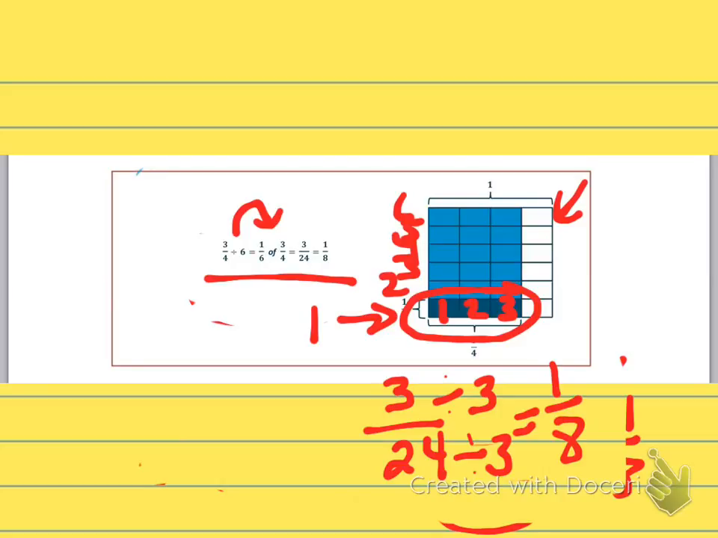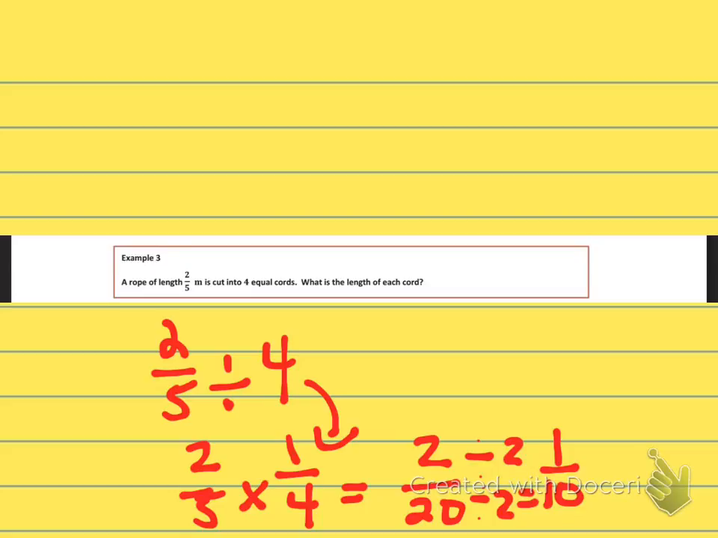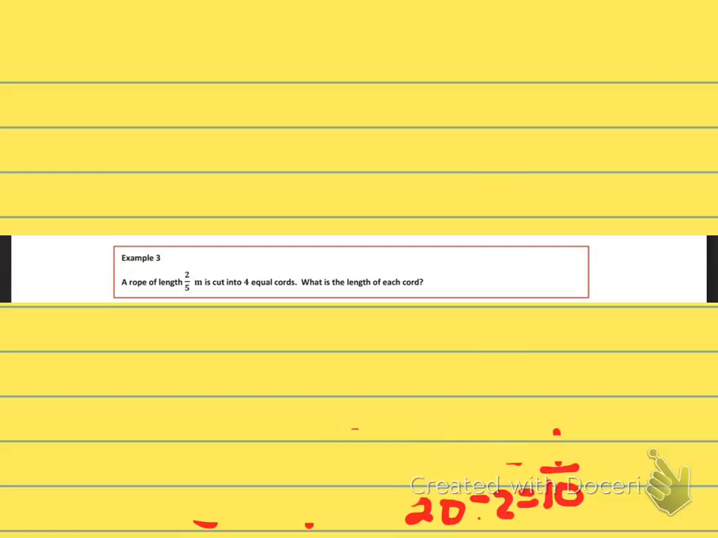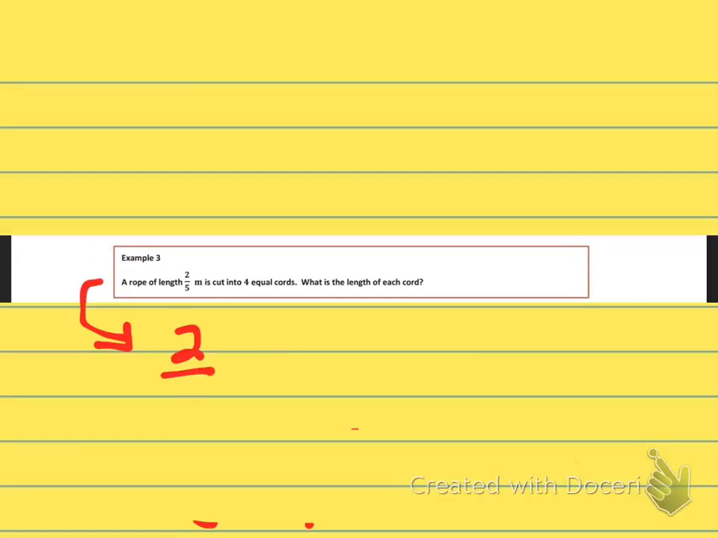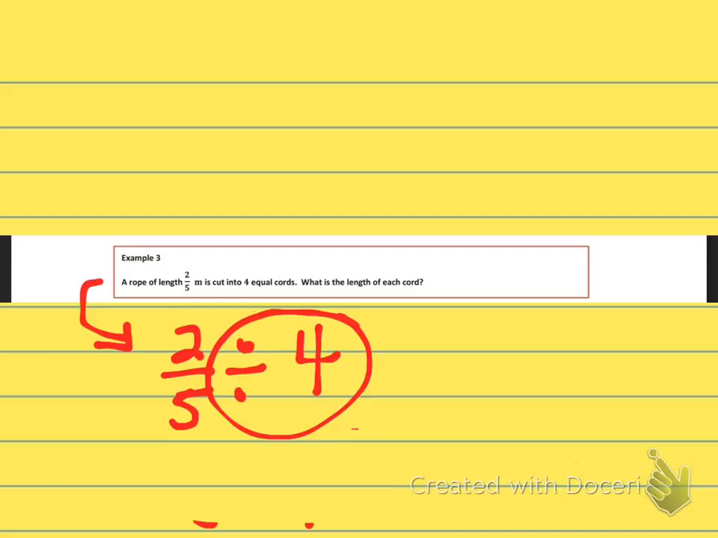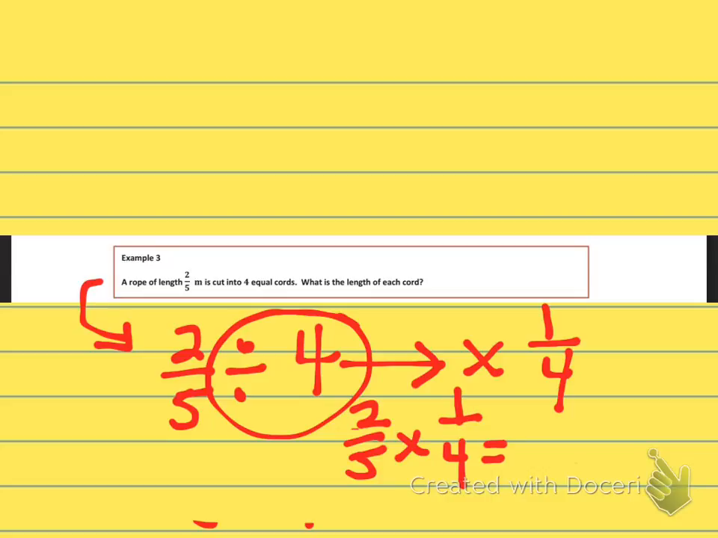So the last problem we're going to go over today is, let's say you now have a rope of the length of 2/5 meters, and you're going to cut that into 4 equal pieces. How much would each length get? As a division problem, you would write it as 2/5 divided by 4. Now remember, dividing by 4 becomes times 1/4. So we would say 2/5 times 1/4 would give us